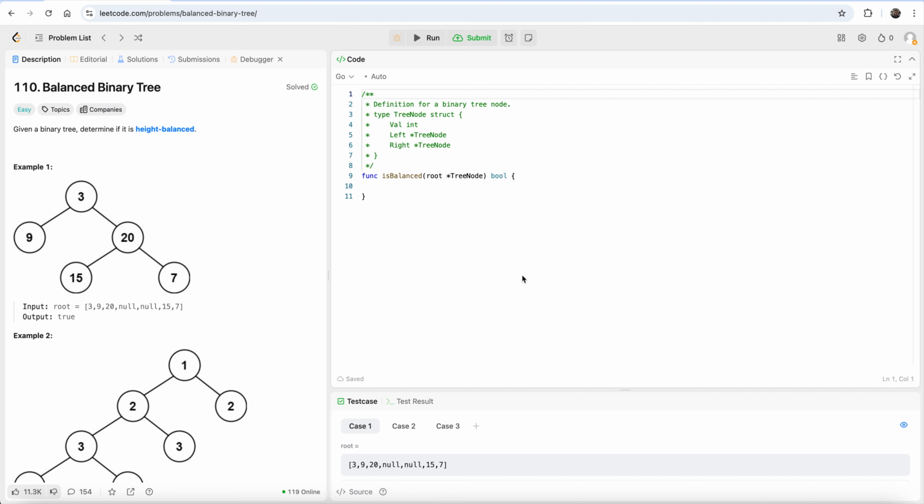Let's see a balanced binary tree problem from LeetCode. So this is an easy problem. Let's try to understand. This is saying that we need to check whether this tree is a balanced